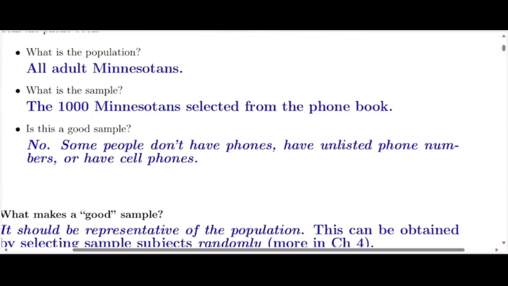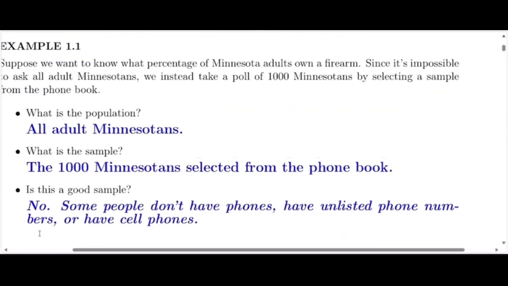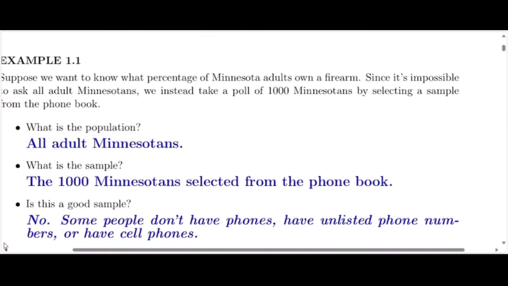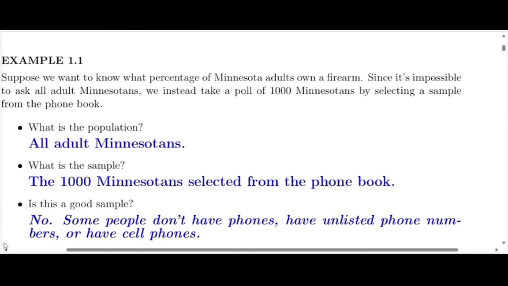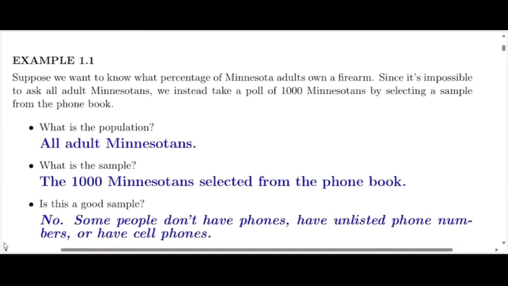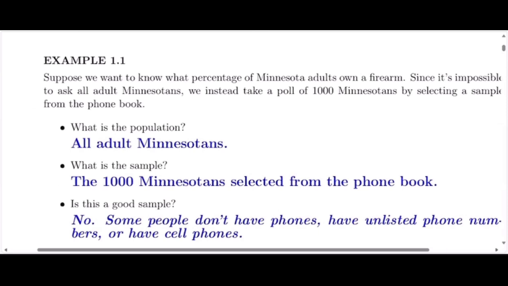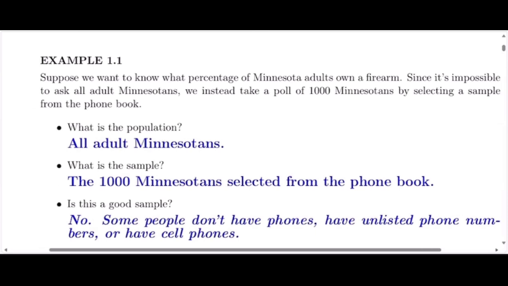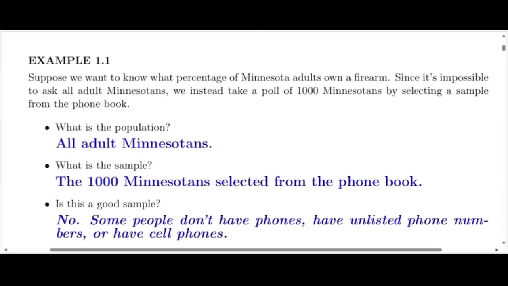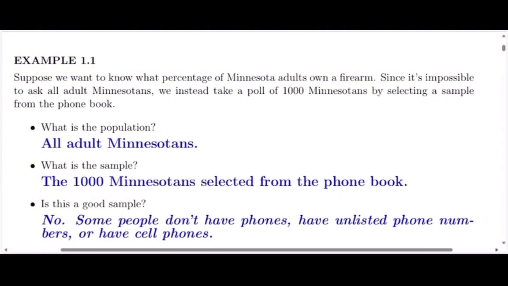Let me come here right now. I'm actually seeing some assignments. Do you know that you're going to be given a scenario, and you know what they're going to ask you? They're going to ask you, in this scenario, what is your population, what is your sample, and so on, like